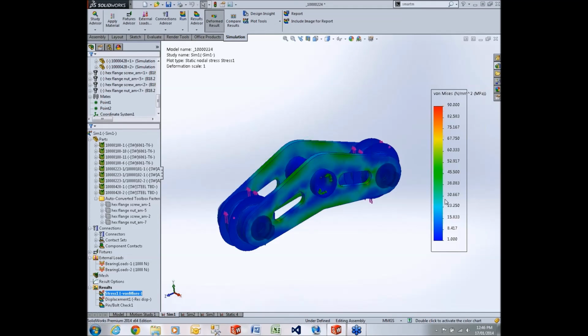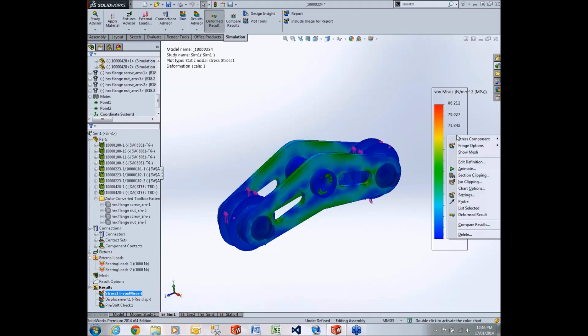So I can change the minimum to any value that I want. If I want to bring it back to the true minimum, to automatic, I can just click on this button here and it resets it. Same with the top, I can reset that to automatic as well. So some improvements to the way that works, but my favorite is the fact that edit definition, chart options, and settings